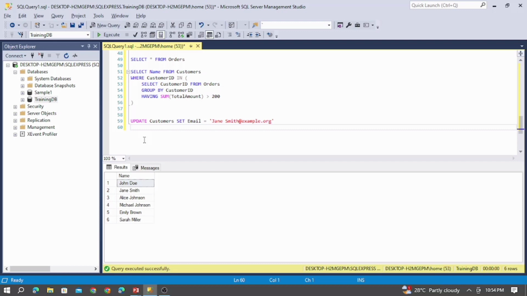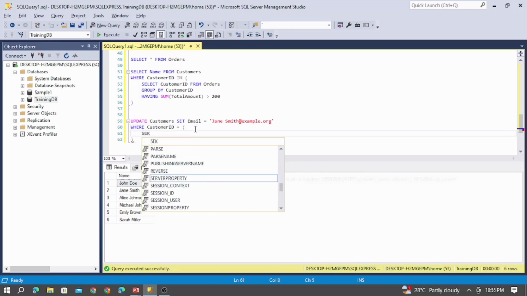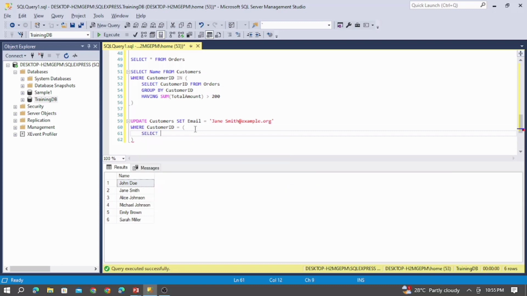So then I can provide the where condition, where usually we will provide the customer ID and supply the value for the customer ID, but I don't know what the customer ID is for Jane Smith. So let me find this using the subquery. In this subquery, I am going to use the select statement. I am going to select the customer ID